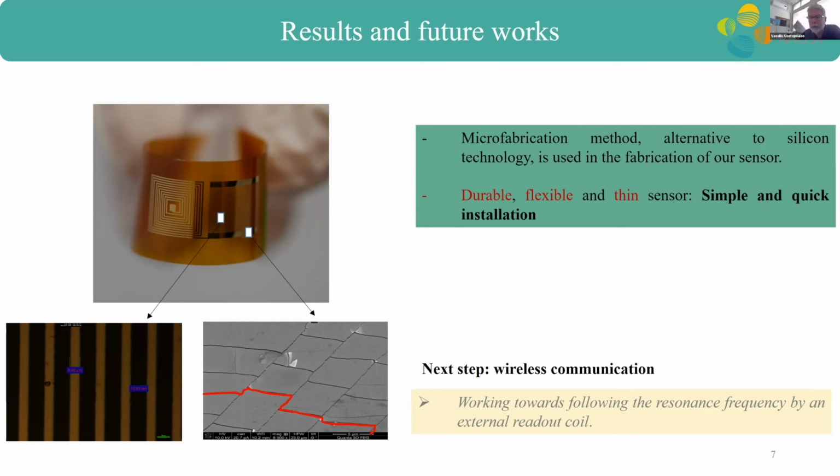Can you print it on a prepreg? Sorry? Can you print it on a prepreg? Yeah, normally we can. This microfabrication method is known for silicon material, so for rigid material. Now I'm working to develop it for use on flexible material, because we managed to integrate or print this LRC component on flexible material, so we can do it on different types of material. Thank you very much. Okay,